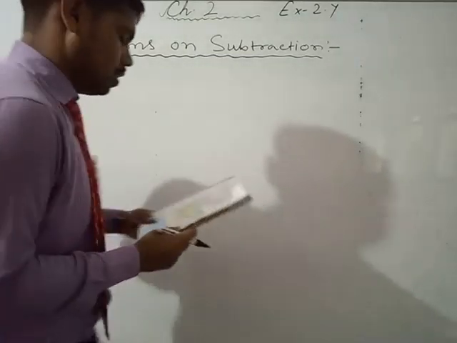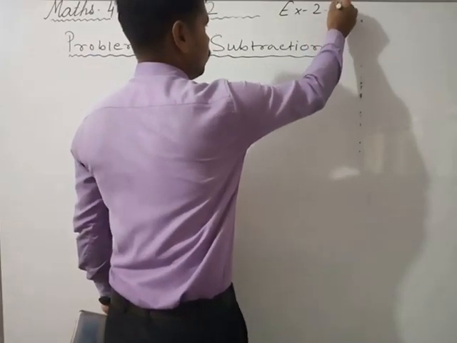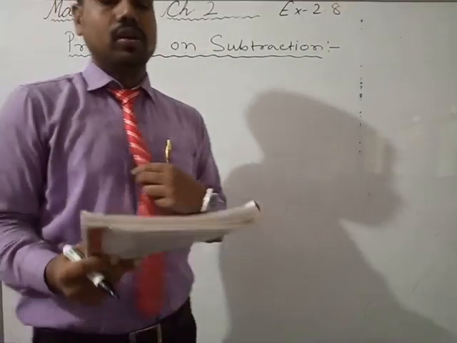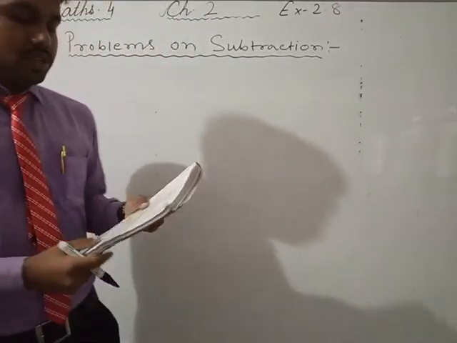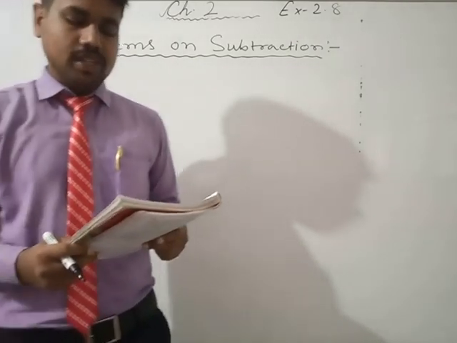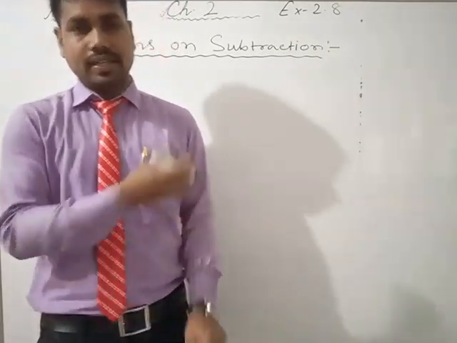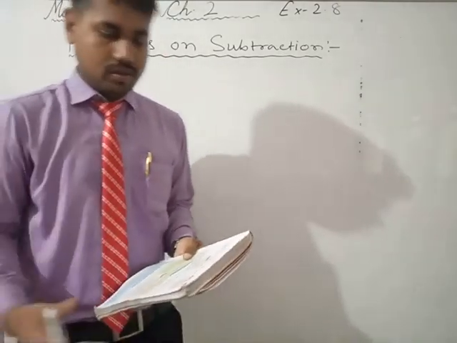Likewise, you can solve the questions related to 2.8 also. So I am just explaining how to solve. Question number 1 is asking: the population of the city is given, so the total population is given. Then out of them this much are men, this much are women, and the remaining are children. Find the number of children. It is the same thing as before, so we'll do it by yourself.